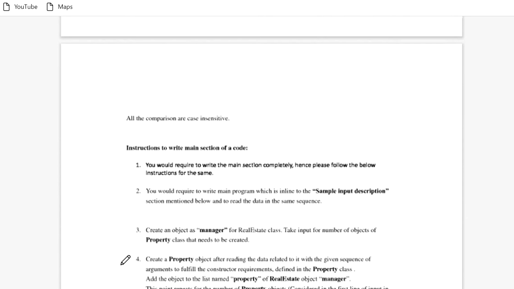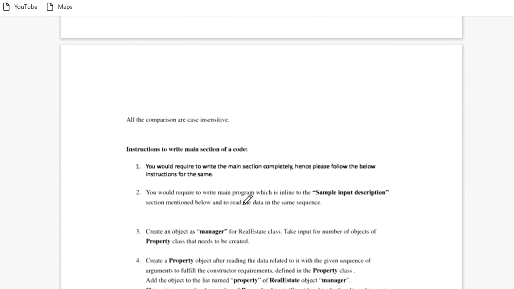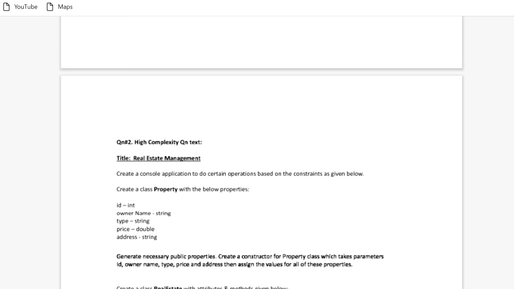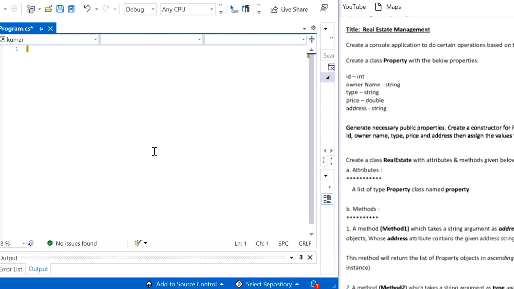I hope everyone understood this question. If you didn't understand, don't worry, I will explain the coding part too. For that, let me open Visual Studio first. Yes, this is Visual Studio. Let me start coding first. As usual,